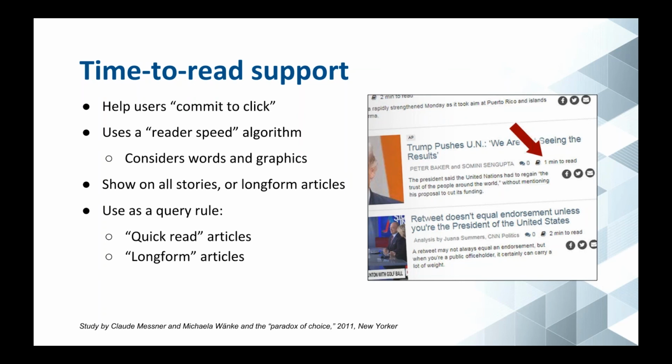So this is something that I think is a really nice thing to have, and it's just an easy URL property that can be turned on. You can choose to have it turned on for all articles or just long form articles. Depending on the type of site you have and the type of content you have, if you have a situation where you might be doing a lot of small updates throughout the day and maybe only one big article, then it looks,